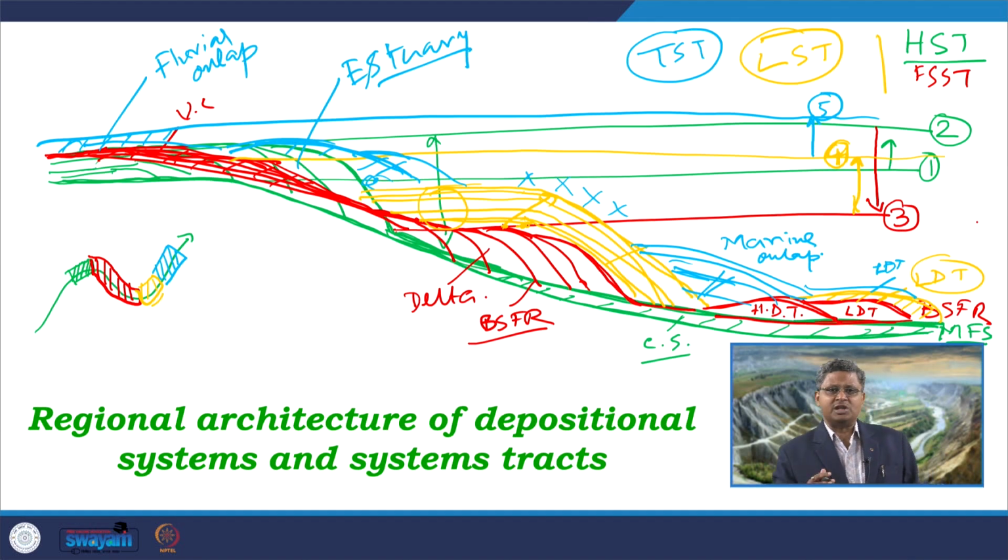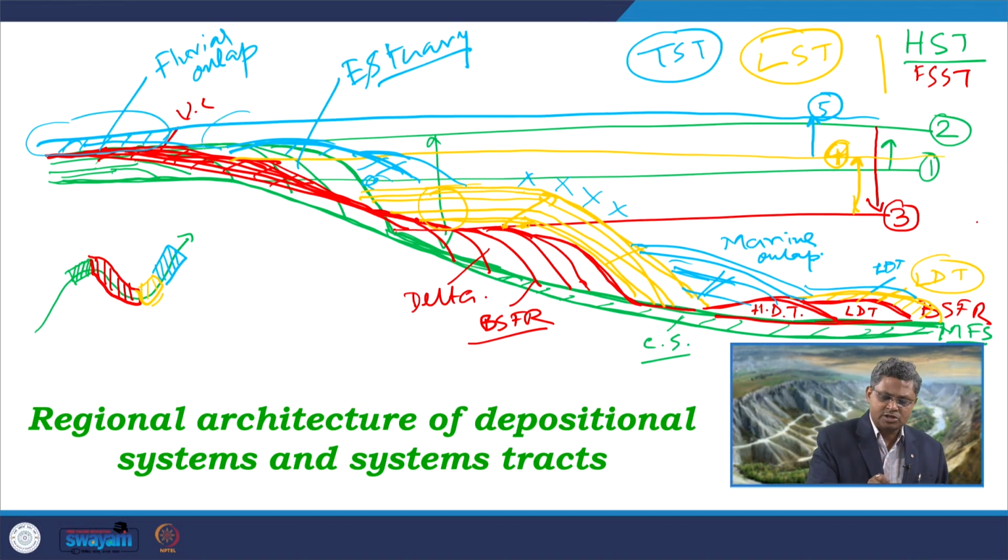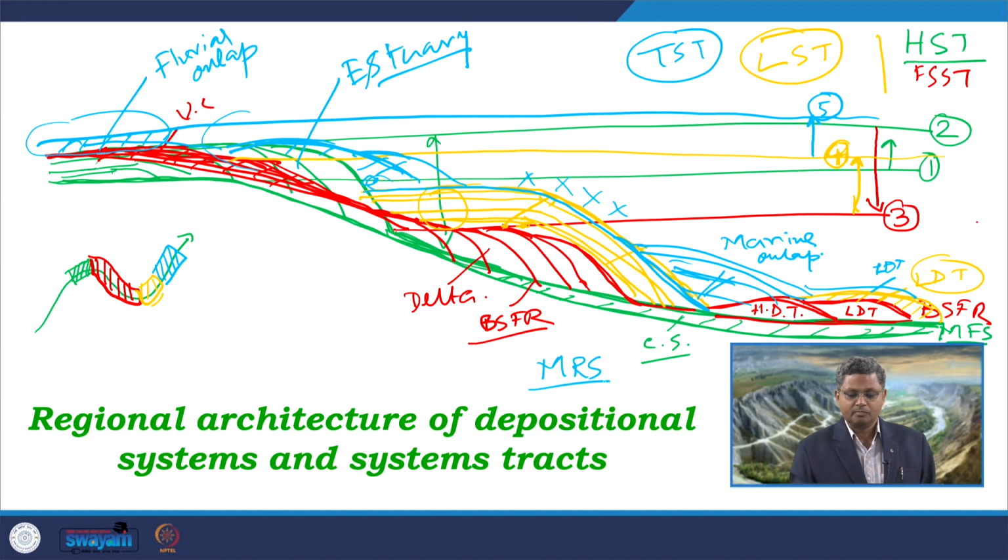So, during this TST, what we are getting now? We are getting a deposition occurring in the fluvial part in the form of fluvial onlap. We are getting a deposition occurring in this marginal marine part in the form of estuary or coastal onlap. We are getting another deposit in the depressional part where we are getting a marine onlap. All these are occurring along a surface which is the last phase of deposition at the end of the lowstand system tract. So, that surface, for example, this particular surface, this surface is the maximum regressive surface, and definitely